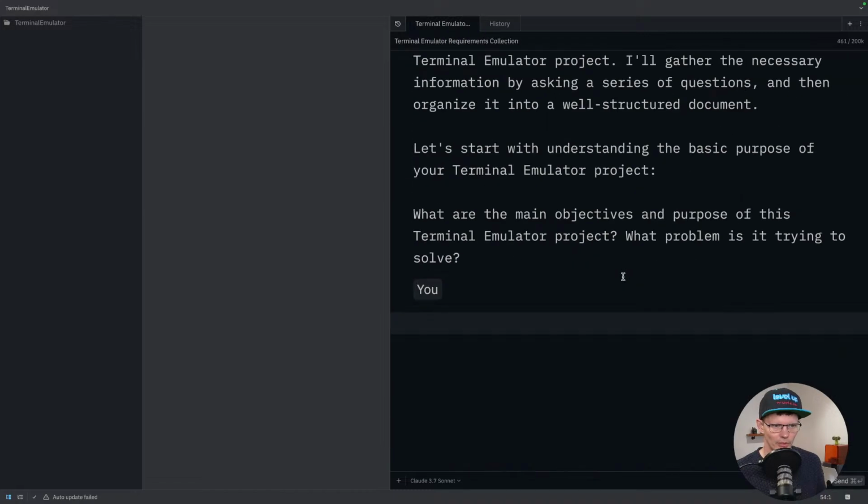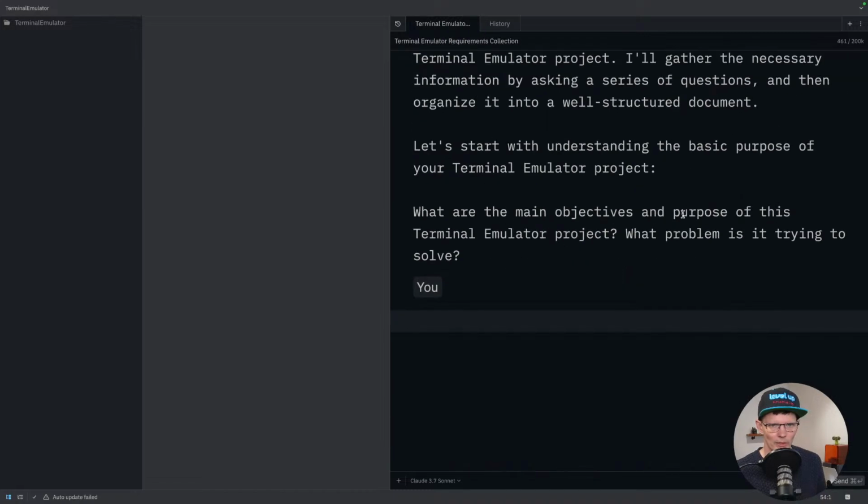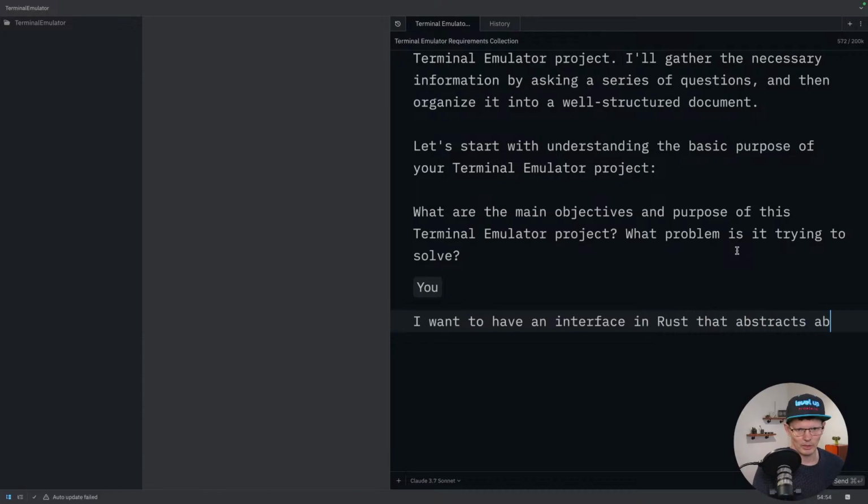So let's see, it writes a bunch of stuff. What are the main objective and purposes of this terminal emulator? What are you trying to solve? Okay, so really what I'm trying to solve here is I want to have an interface in Rust that abstracts away the terminal